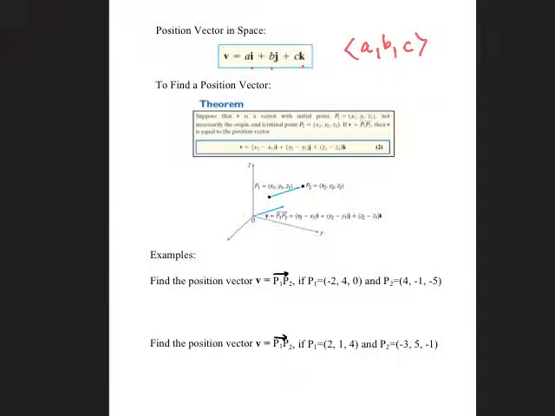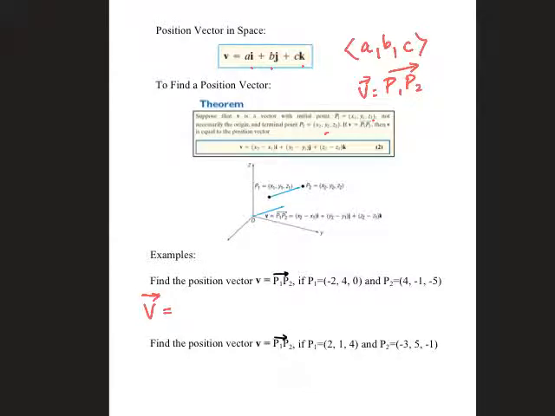So if we're given 2 points in space and we want to find the position vector between them, note that direction matters. So I'll just write this a little bigger. A vector v is P1 to P2. So what we need to do is for each component of P2 and P1, subtract P1 from P2. So I'll do it here. Here we have 2 points, and we want to write the vector P1 to P2. So the vector